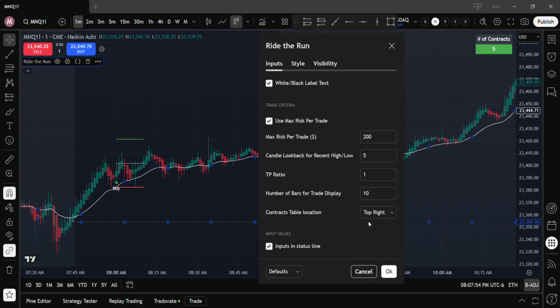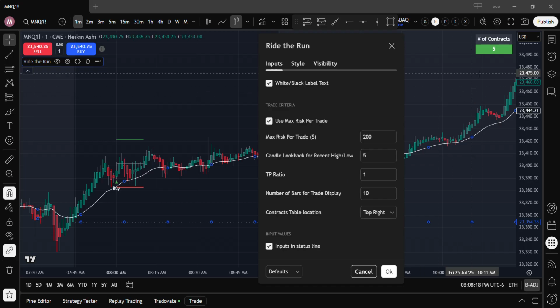And then next is basically what outlines the trade. So whether you have this on or off, it doesn't matter. It will keep the buy signal on there in case you like to keep a cleaner chart. If you do enable this though, it will pop up this little table here. You can move that table anywhere you want on the chart. I like to keep it in the top right. That's what I've put as the default